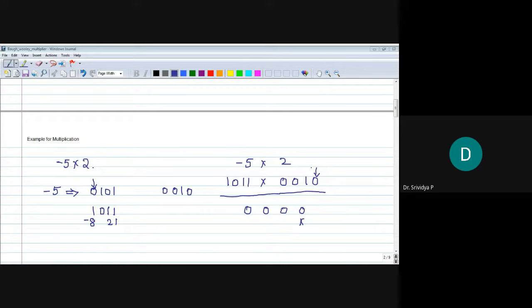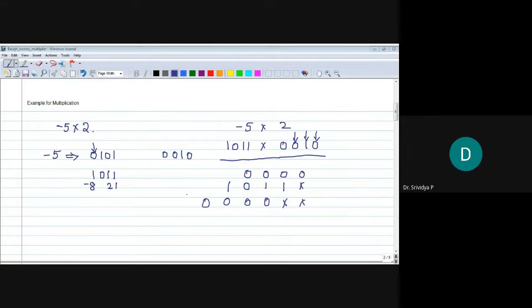Next one will be when you multiply with the next bit, that is 1, it becomes 1, 0, 1, 1. Next, when we multiply it with the next bit, which is a 0, we get 0, 0, 0 and 0. The last bit is also a 0.